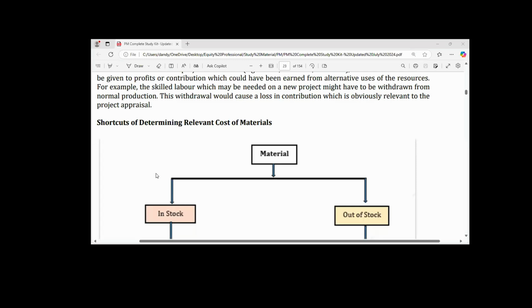So you are the one that will interpret it as a saving. It is not a cost, rather it's a cash inflow. Okay. Then finally, under material, we talked about